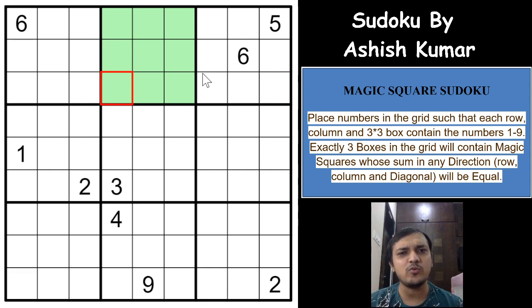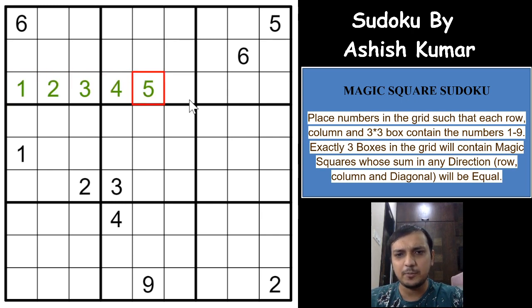Now how do we decide how to place the numbers in a magic square? Today we will see what facts are really required to solve a magic square Sudoku. The first fact is that there will always be 5 in the middle in a magic square Sudoku. It is already a set trick that is used in solving a magic square Sudoku. But how do we find out that a 5 will always have to be in the middle? Let us see by some